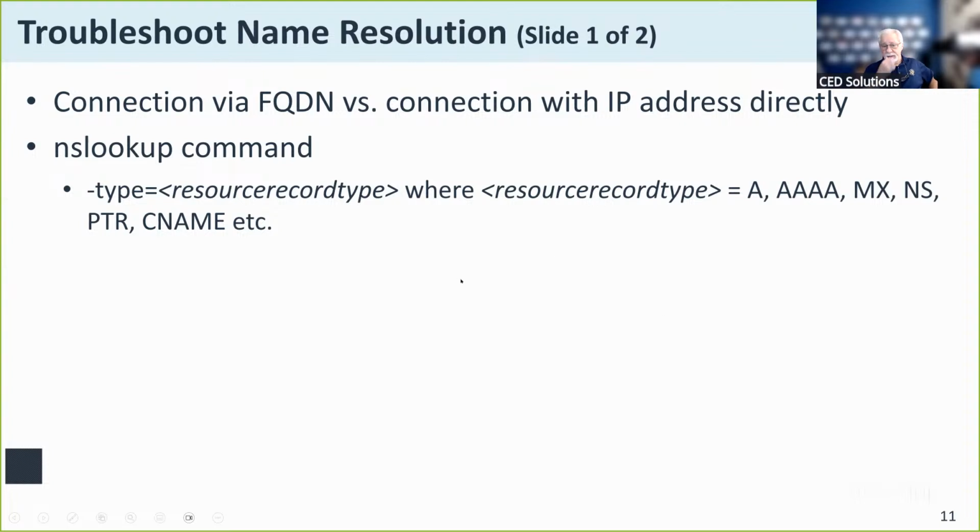There's a couple of other things I can do. This is more along the lines of DNS, the domain name services, that I can do to look at connections and their fully qualified names. I can get information about whether it is an IPv4, an IPv6, is it a mail exchange server, what's the information that comes out of the DNS server that fully defines what that computer system out there in the wild happens to be.